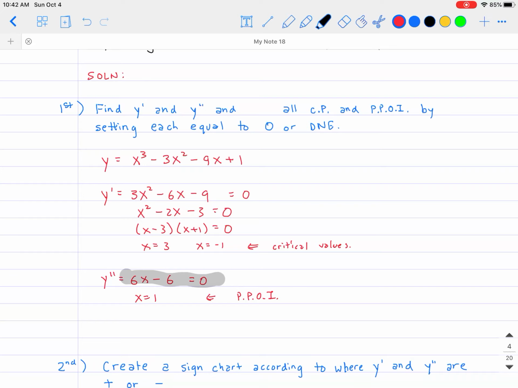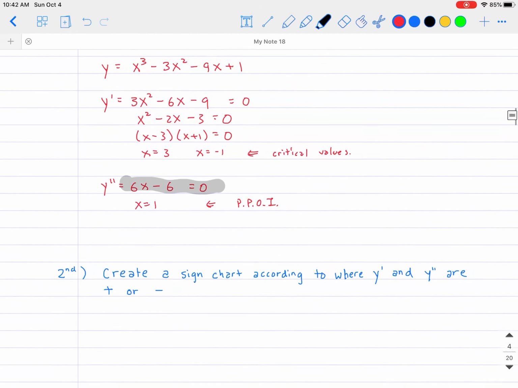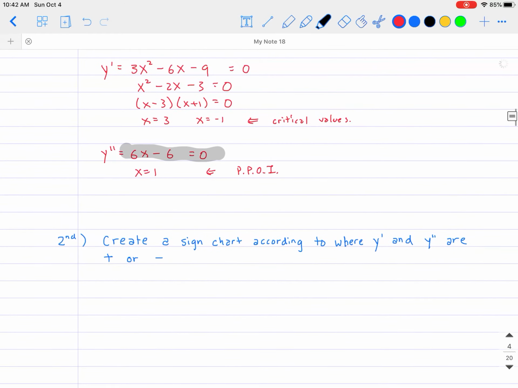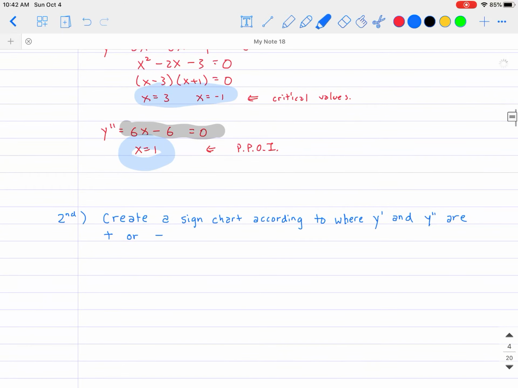And what that means is you are going to go from negative to positive or positive to negative. And so as a result, there is going to be a sign change then. Okay. All right. Next, afterwards, what we're going to do is create what is known as a sign chart according to where y prime and y double prime are going to be positive and negative. So we're going to take our findings over here and now find out what's happening with the derivative and also